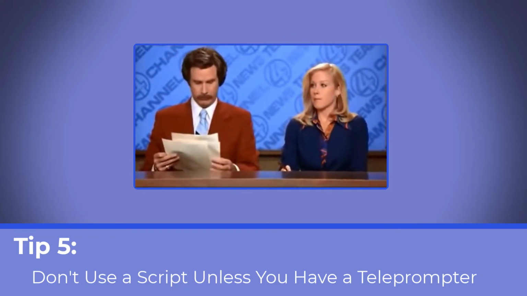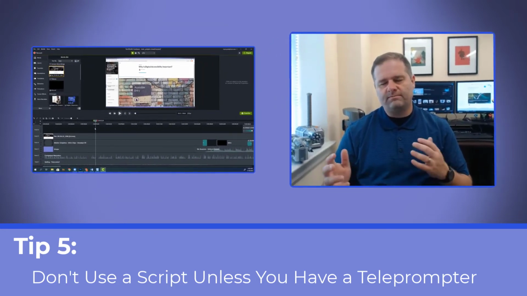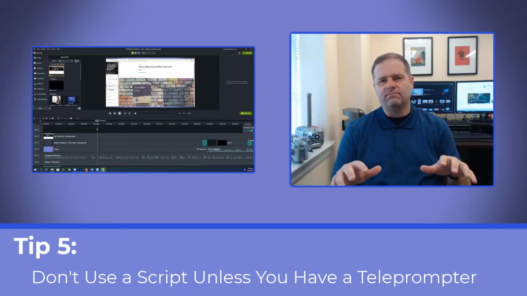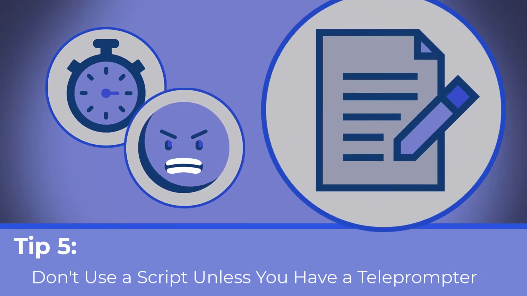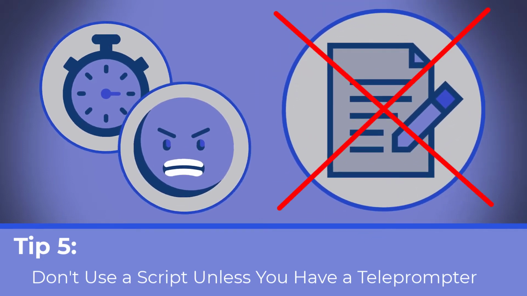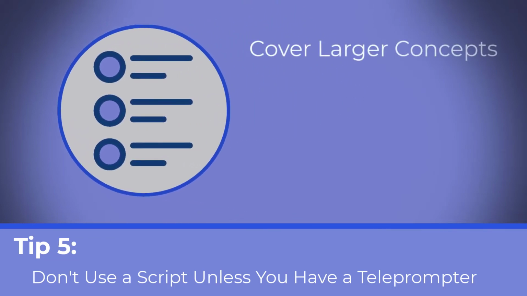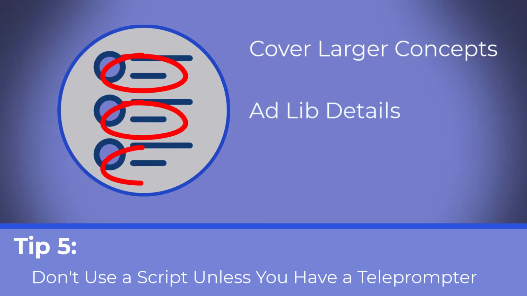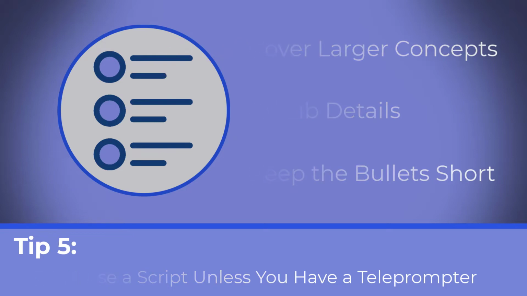Now you may ask yourself, can't we clean that up in post-production and take those pauses out? Well, you can, but it's not easy, and it usually leaves these weird jumps in the video. It will just save you time and hassle to go in natural and read as little as possible. The way to do that is to have bullets. Now make sure your bullets are covering concepts as big as possible so you don't have to memorize 15 of them or something, but you can usually ad-lib the details of the concepts as long as you know that you hit those concepts. So keep the bullets short. Remember that they're just prompts that we want to walk through. They're not something that you're going to read verbatim.